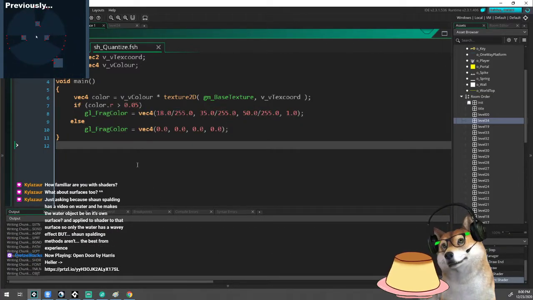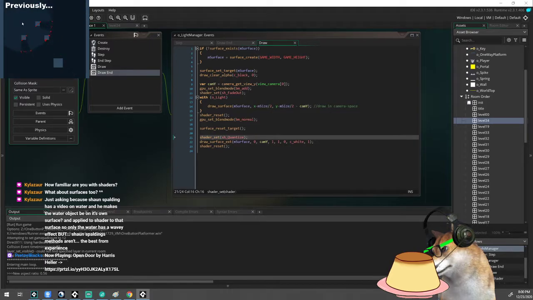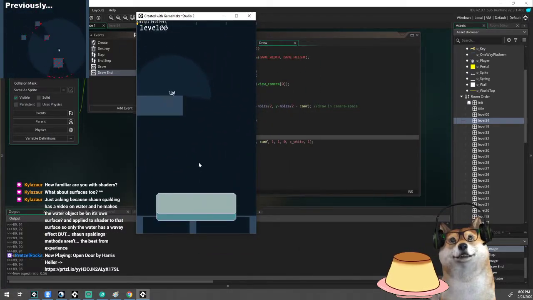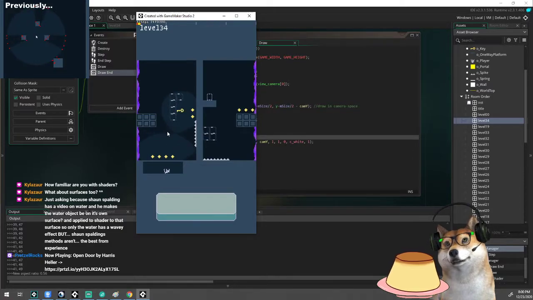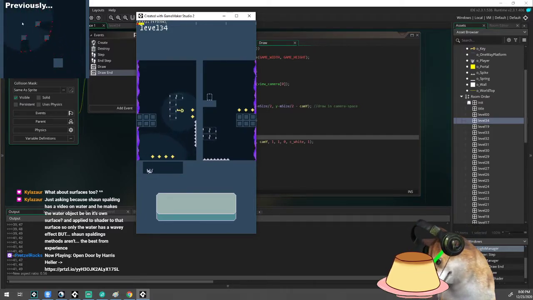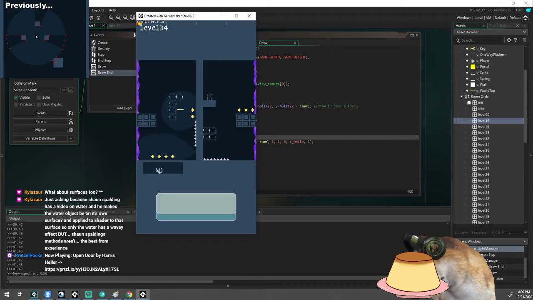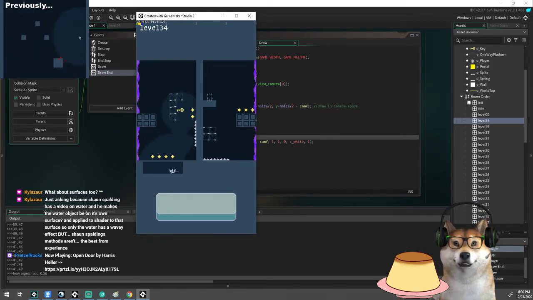Where's my thing? Is it running? And then yeah, there we have it. And this merging effect is also done automatically once I have that shader. Just asking because Sean Spalding has a video on water, and it makes the water object its own surface. Oh, okay. So for the reflection, he can apply a shader to that surface, so only the surface has a wavy effect. In fact, I've done, well, my wavy effect is not going to be very sophisticated, but